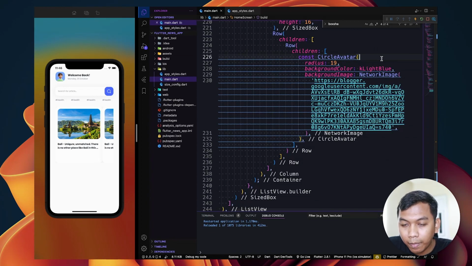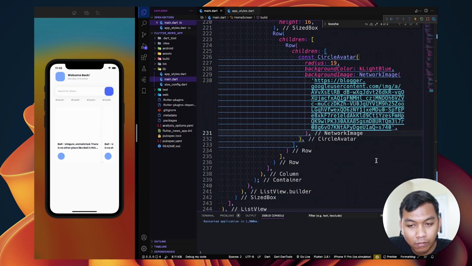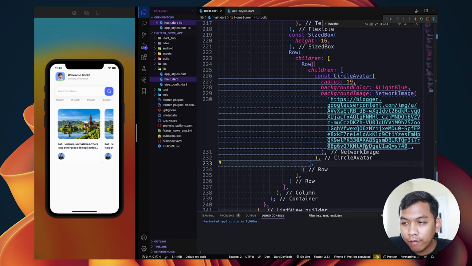Alright. And now we can see the user avatar.